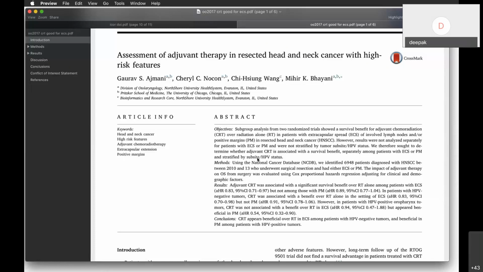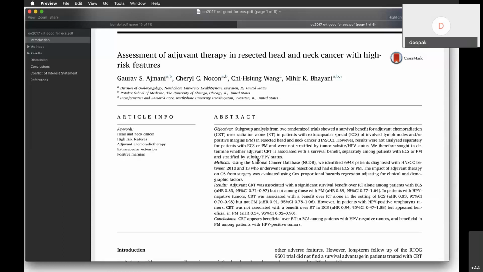A patient who's not a smoker who has an HPV positive tumor tends to do better. But the data sets from both Bernier and Cooper did not allow for stratification based on HPV positivity or not. So Ajmani and his colleagues